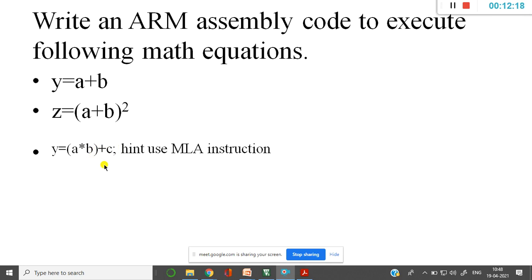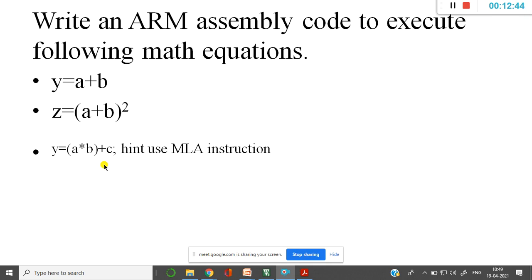And this type of instruction, MLA, is very much useful in your convolution example, where it is a multiplication and a series of additions, right? The same thing is true in obtaining the DFT and IDFT. If you observe, there also we perform multiplication and then we perform the addition.